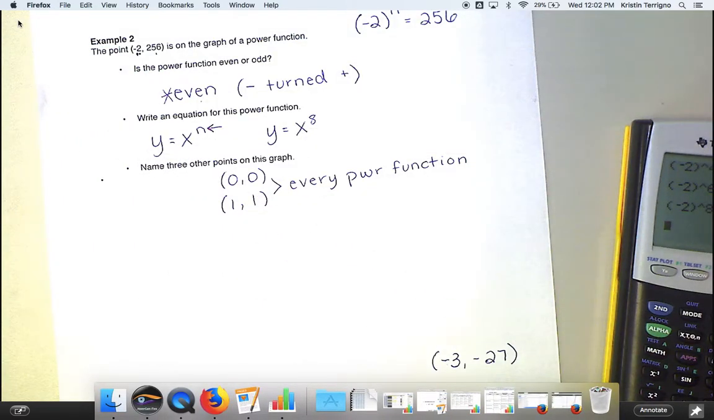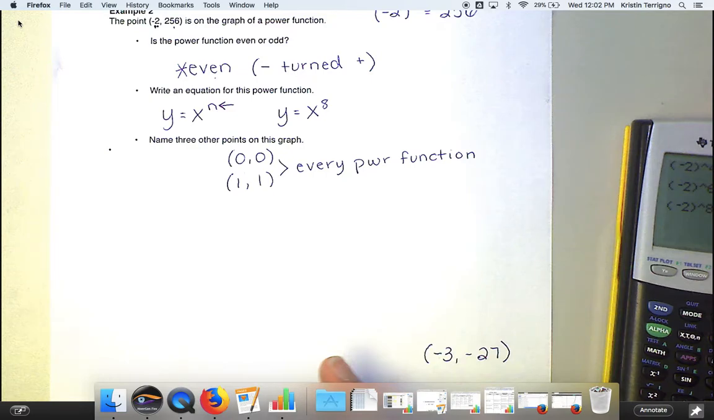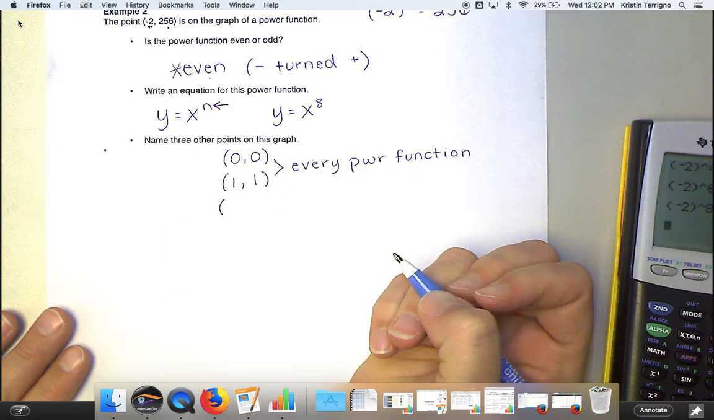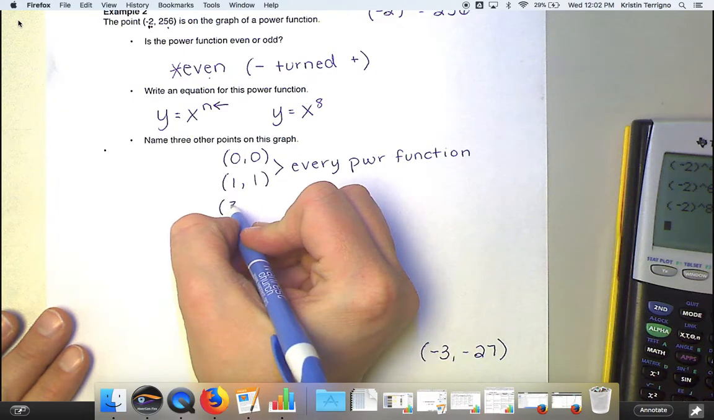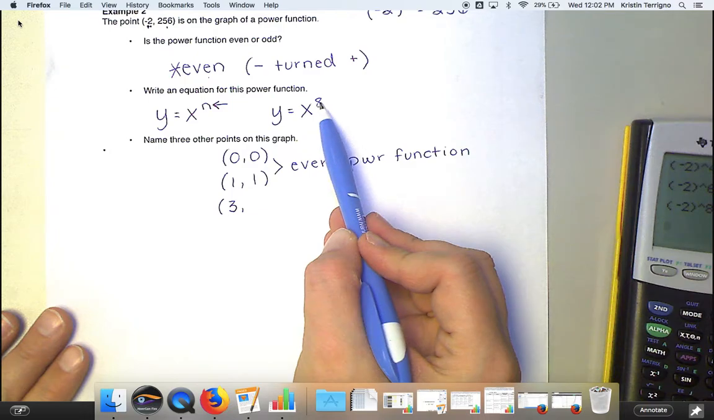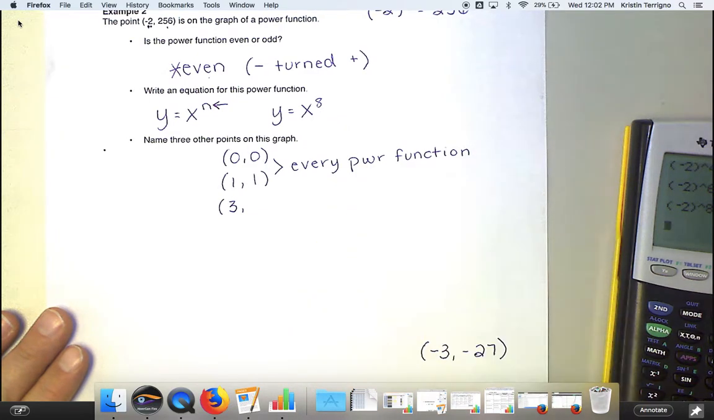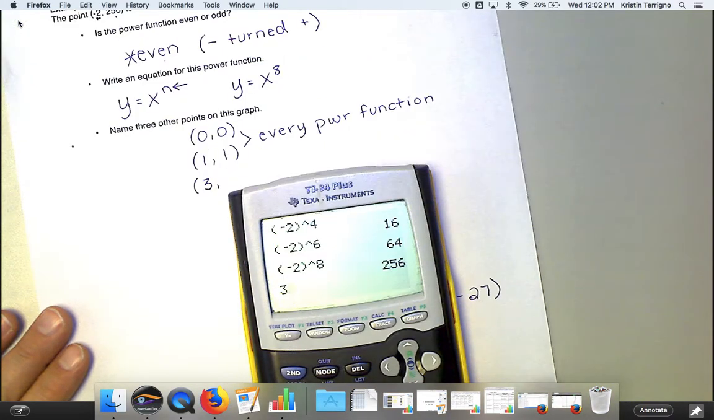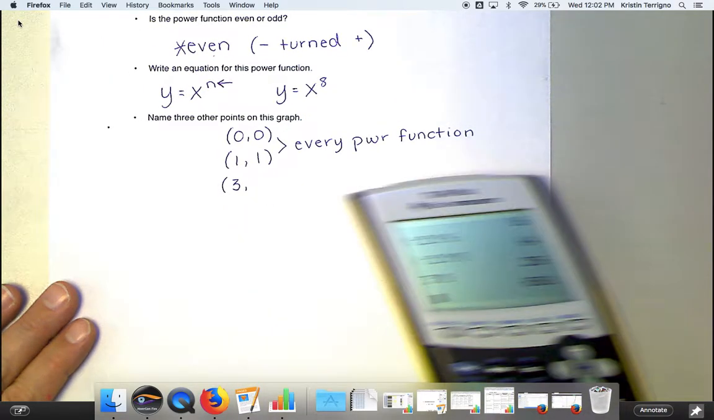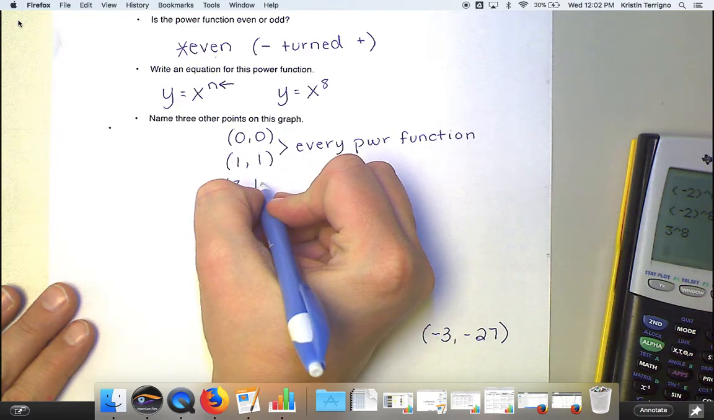So now we need one more point, and this can be anything you want. Just pick an x value. I don't know, maybe 3. Pick an x value. And then we really just want to do 3 to the 8th power. So in your calculator, 3 to the 8th power. It could be any number to the 8th power. I get 6561. So my coordinate would be this,